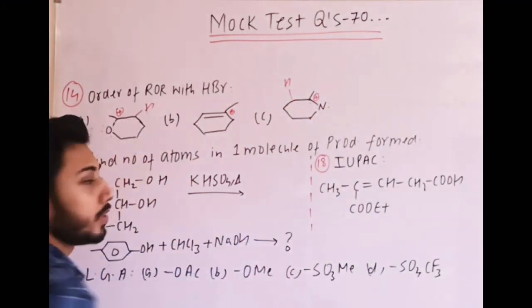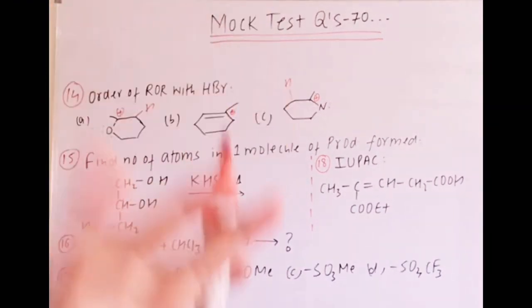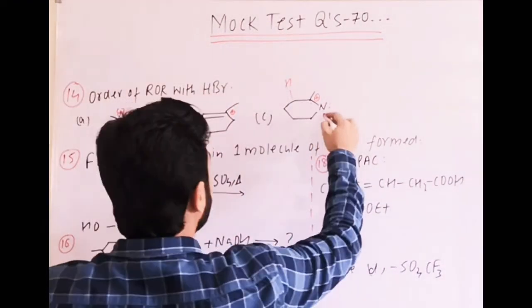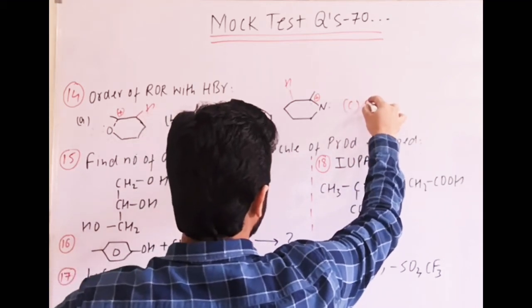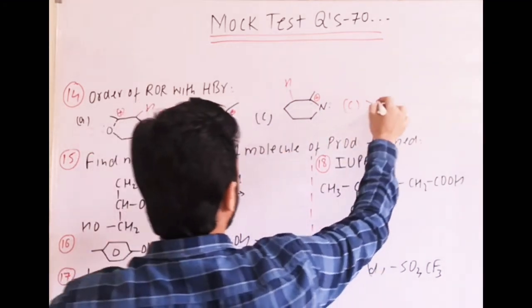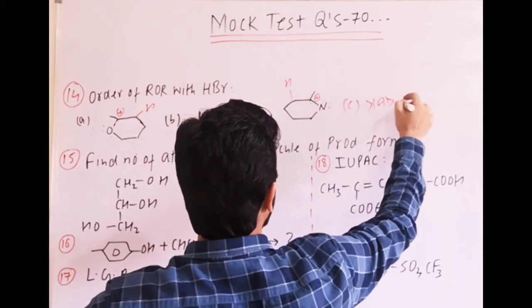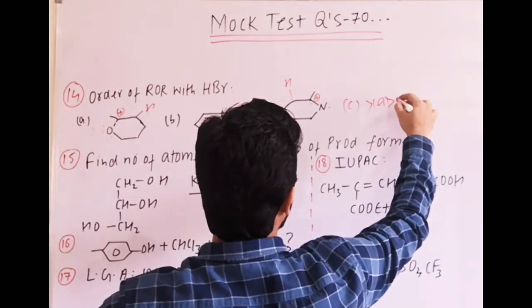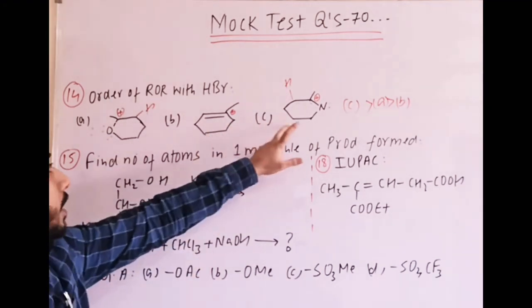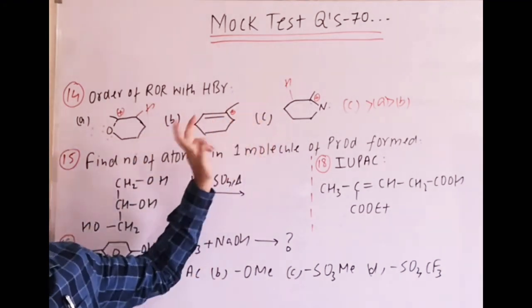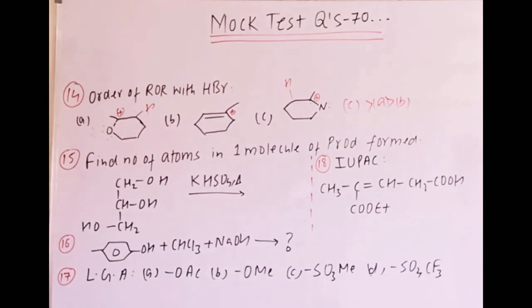Now tell me which is most stable. We will use the GOC part, which is plus M effect, and nitrogen is most effective, so it is most stabilizing the carbocation. Then A, which is still plus M effect, and least among them will be B, which is tertiary but least as compared to these two because plus M effects are applicable.